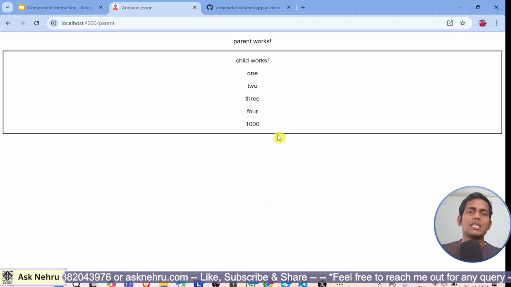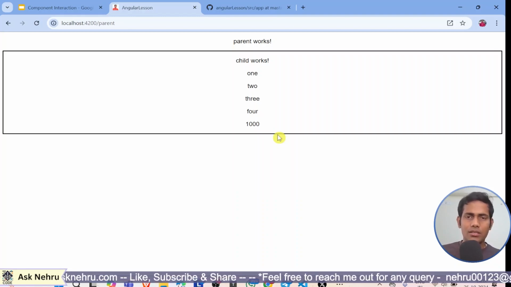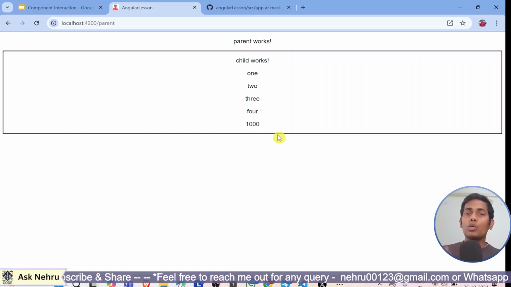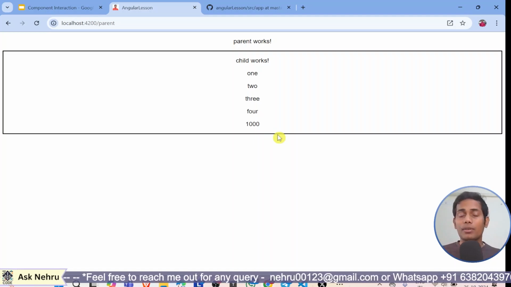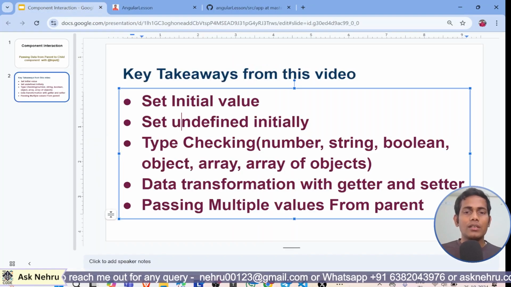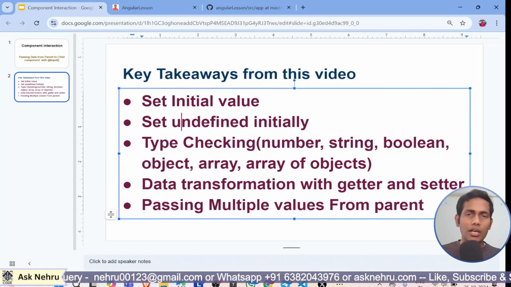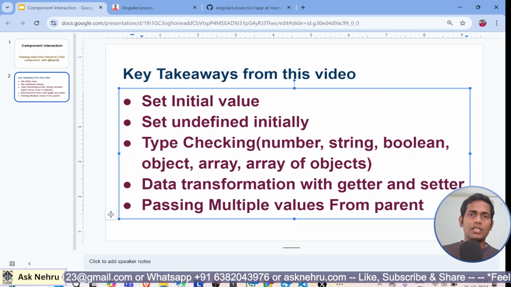See guys, that's all for today's video. Here we have learned a lot of things. Okay, how to pass value from parent to child, how to make it undefined, how to give initial value, and how to override the initial value, and how to transform the value which is received from the parent, and also we used the required. Okay, so these are all the very important, guys. You see, I have covered all of them in this video. It's very short video but powerful video, but use it in your execution,